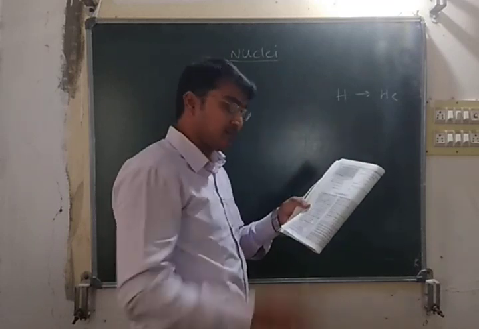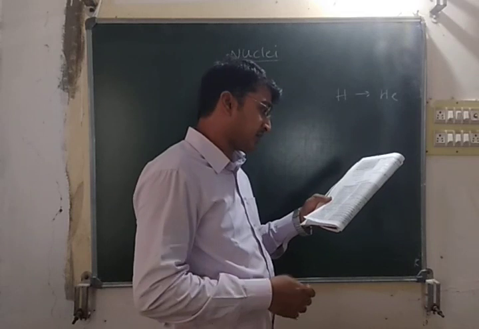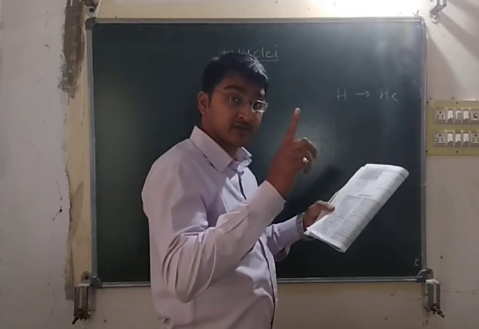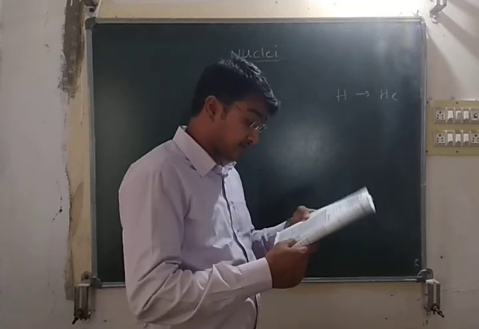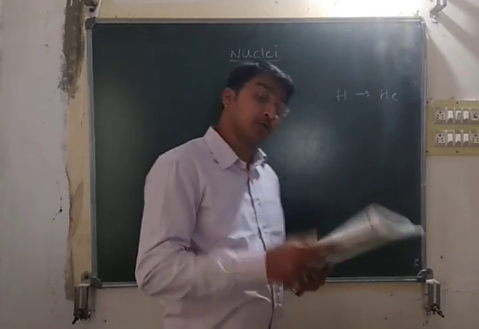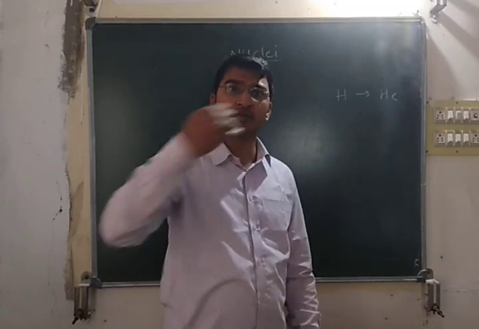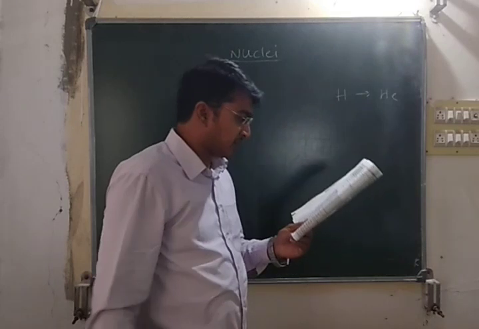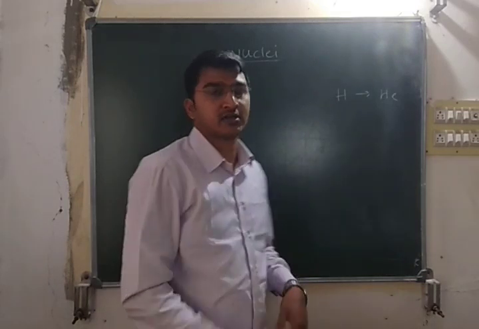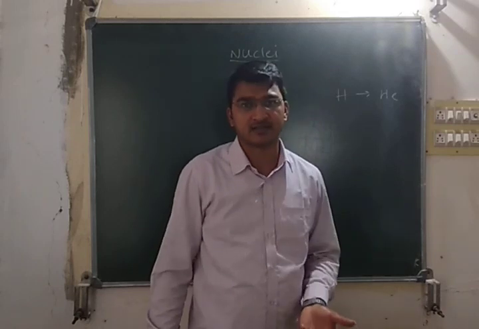Option A, barium and krypton splitting from uranium, is not okay. Formation of helium from hydrogen, the chance is there. Formation of plutonium from uranium is heavy nuclei coming from heavy nuclei, not light from heavy. Formation of water from hydrogen and oxygen, combining hydrogen and oxygen, is not a nuclear reaction.